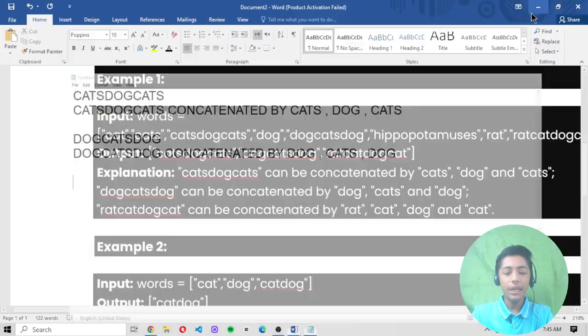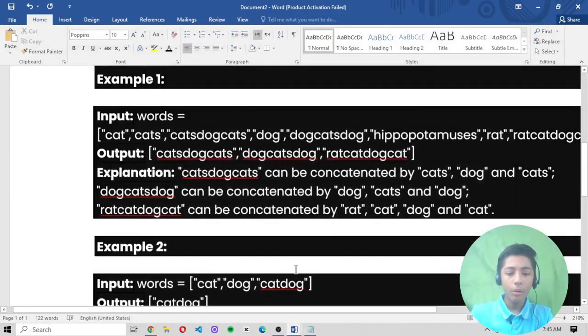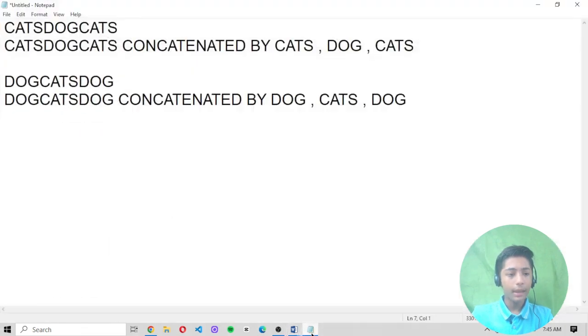So let's see our third one. The third one is ratcatdogcat. Why is this output coming?